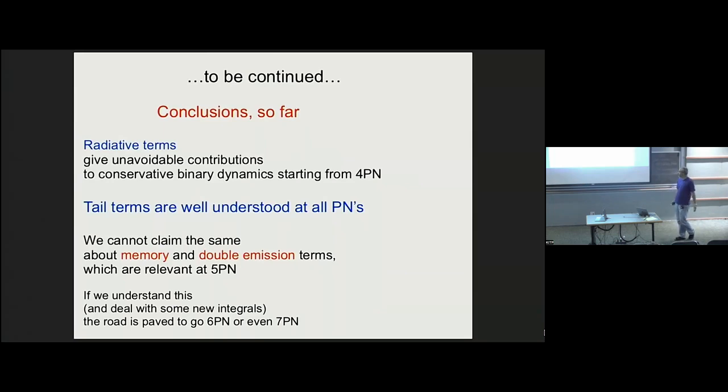If I have to conclude on a positive note, if we get them, we get not only the 5PN, but probably the road is open to go to 6PN or even 7PN. The reason is that the only other obstacle to go to 6PN is some integrals, some master integrals, which I frankly don't know whether they'll be computed or not. But once you know them, these integrals in the PN formalism have a property of being transported by an even order. So if you know the solution at 6PN, you can go to 7PN. And so if we solve this little problem, we could really go up with the PN computation, and that will be it.